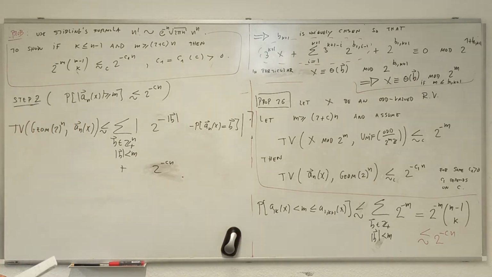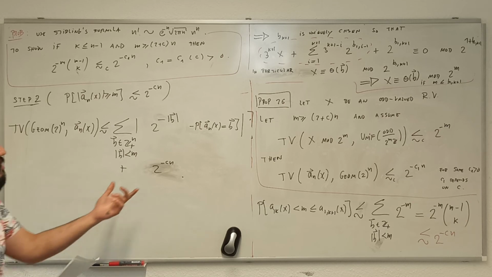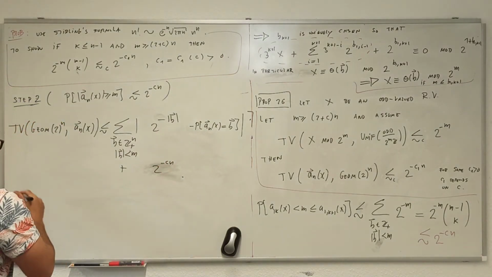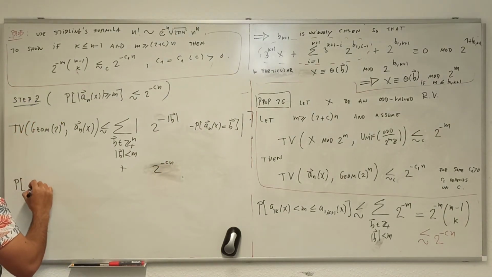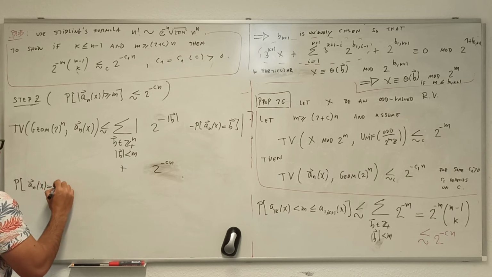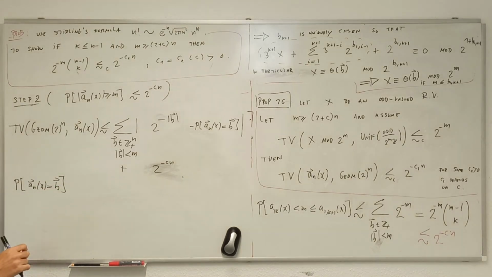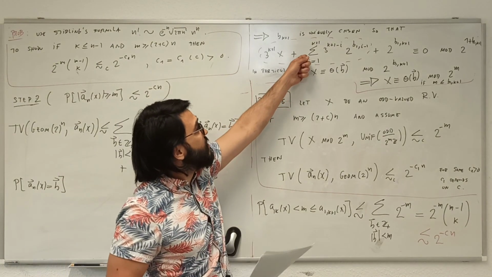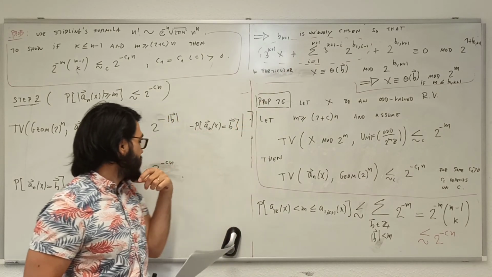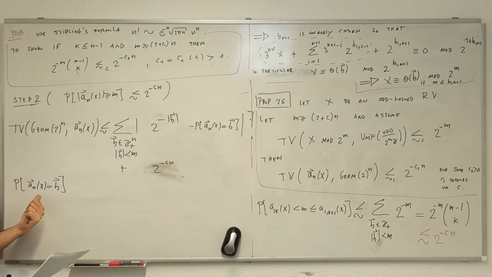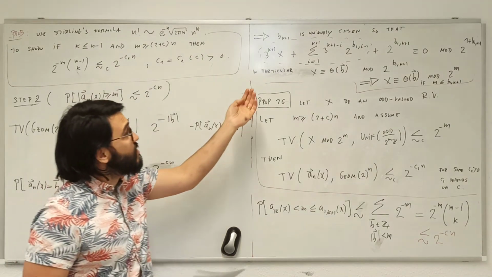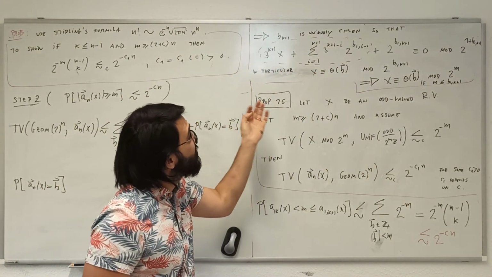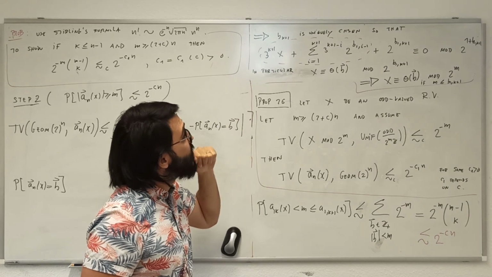Okay, so now I just have to estimate this. So what's the probability of A_n(x) equals some b? But then we realize something. It's exactly this computation here. There is a map, A_n(x) equals b. This is exactly this computation. It can be solved exactly when